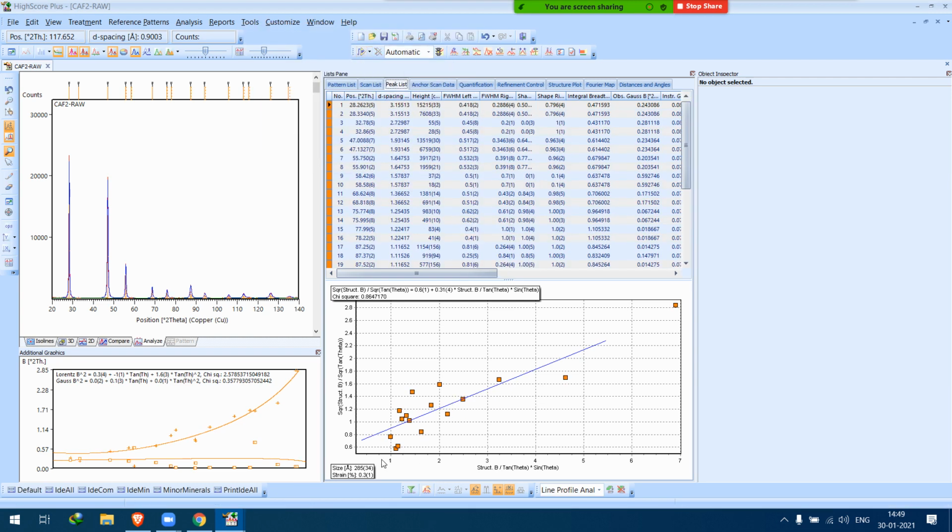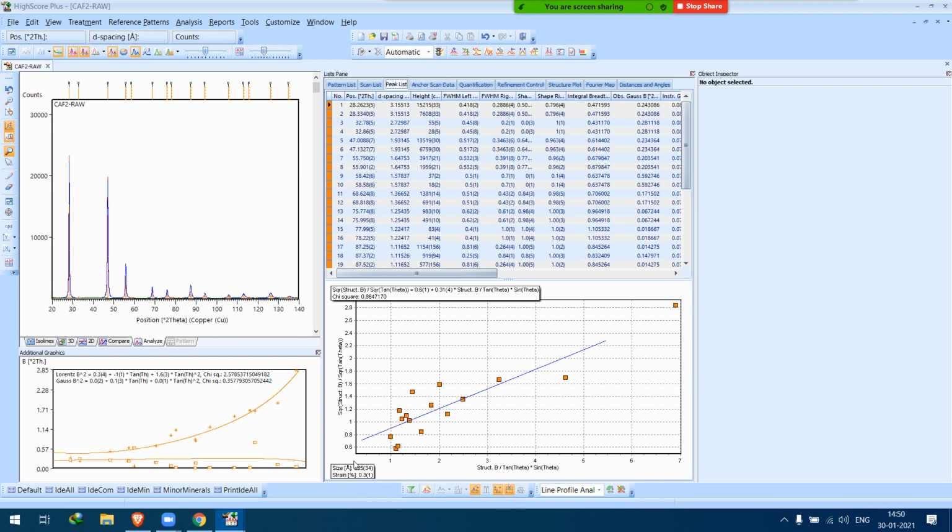Okay, so this estimates around 285. I don't remember from the seller how much it was, but there might be some deviation. But these are permissible because the error is around 34. If I remember, it was between 200 to 300. 285 is the crystallite size and 0.3 is the strain here from the Williamson Hall plot. So there is one more method.